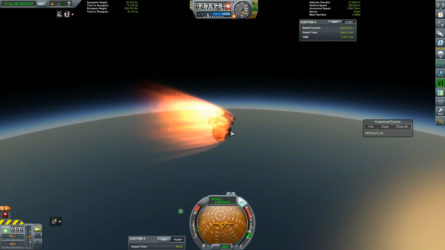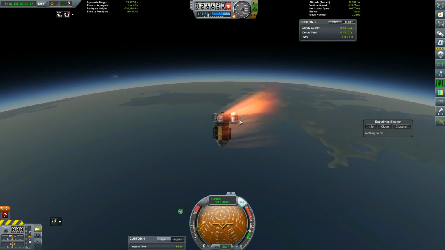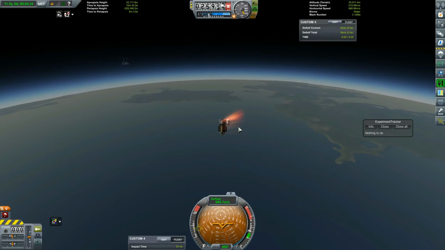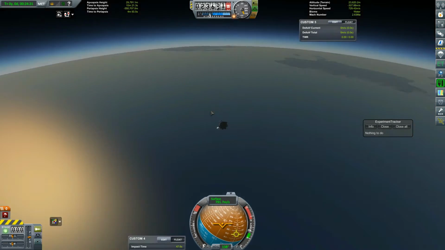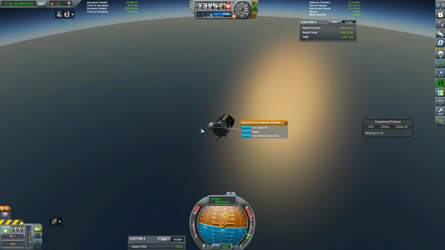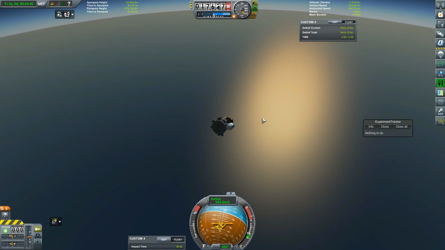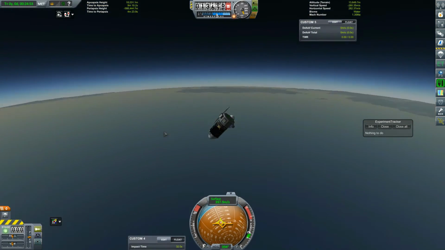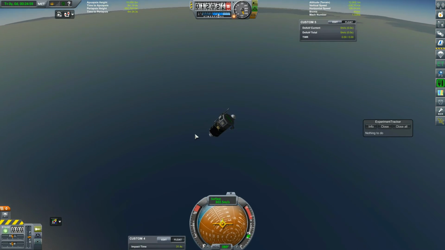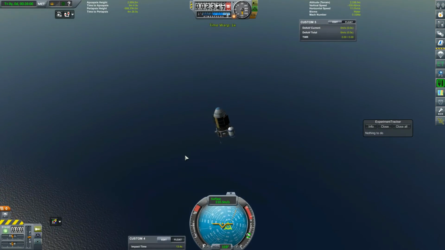It's a horrible way to go through the atmosphere, but I have no control over that. We're going pretty slow now, and I actually don't need the SAS anymore. So this descent just went as normal. You know, at this point we're not really going fast enough for any kind of overheating or G-force limits to be an issue. The most I was concerned about during this was the oceanography